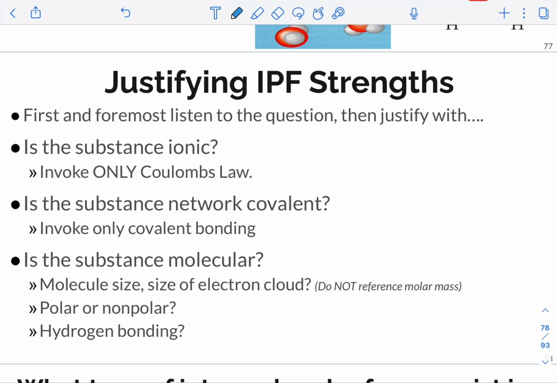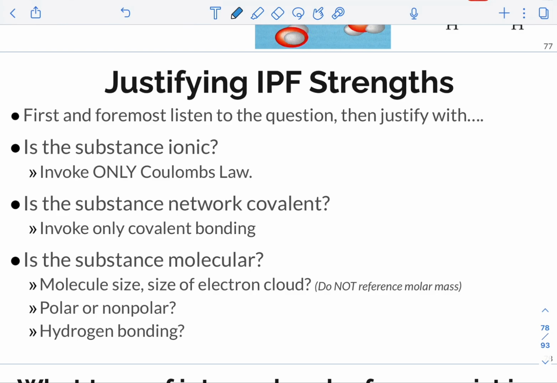So obviously read the question, answer the question. And then, is the substance ionic? If it is, talk about Coulomb's law. More charges, higher attraction, less distance, higher attraction. That's what we talked about at the beginning. If it's network covalent, then only talk about covalent bonding. So if it's one of those network covalent that you had to memorize, only talk about covalent bonding. You don't talk about IPFs. If it is molecular, so not network, but is covalent, so molecular covalent, you'll sometimes hear, then you talk about LDF,